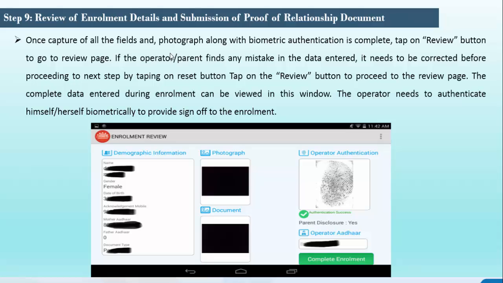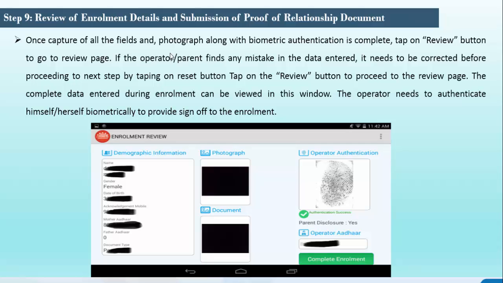It does not need to be entered manually, because it will be auto populated using the Aadhaar details which are added in the client. You can just see the Aadhaar number in the operator Aadhaar field.